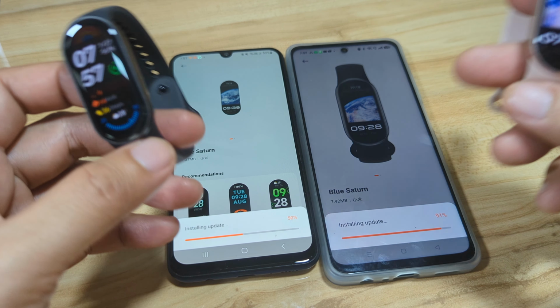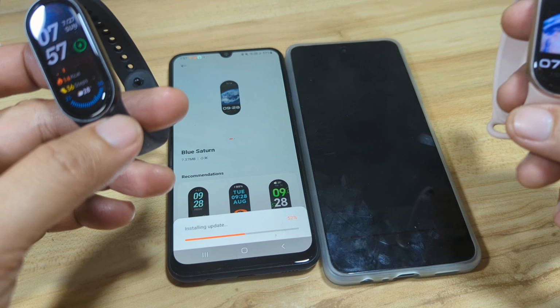We already have it here in our Xiaomi Smart Band 10. We are still waiting for the Xiaomi Smart Band 9. Okay, let's wait.